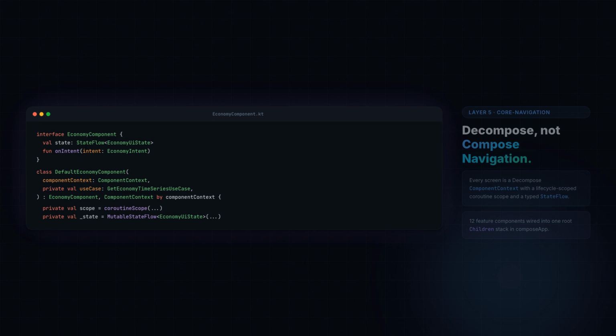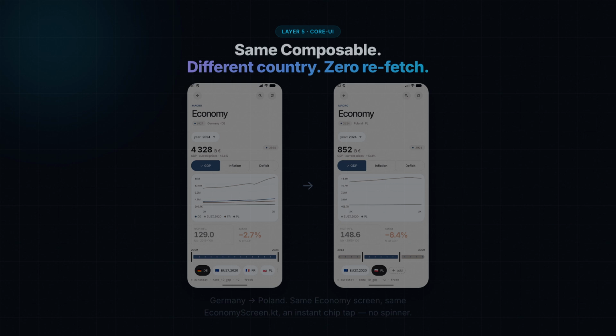The component talks to a use case, the use case talks to the repository, and the repository is the stale-while-revalidate flow you just saw. 12 of these components, one per feature, plus settings, overview, search, and compare, are wired into one root Decompose ChildStack inside ComposeApp. Here is the same economy screen,